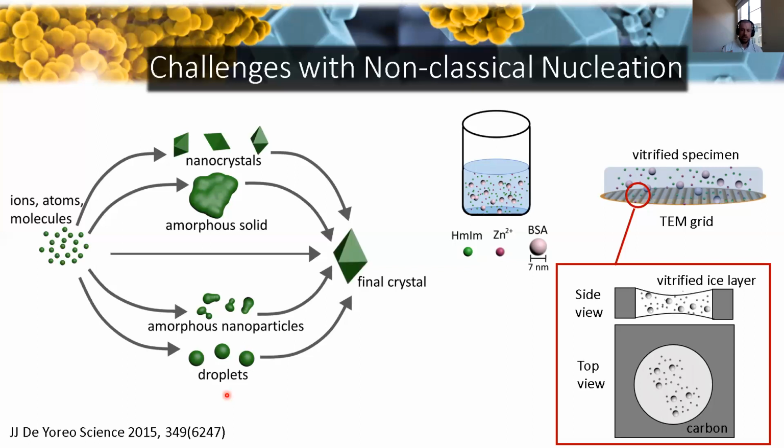And so if you were to dehydrate some of these phases, it would be completely misleading as to what their actual structure is. So particularly for liquid droplets or many of these amorphous nanoparticles or amorphous solids, they contain a significant amount of solvent that's going to be really important to their structure. So CryoTEM is known to be a great method here,